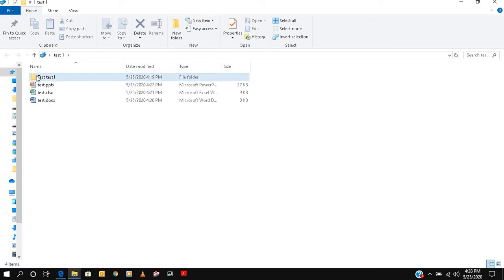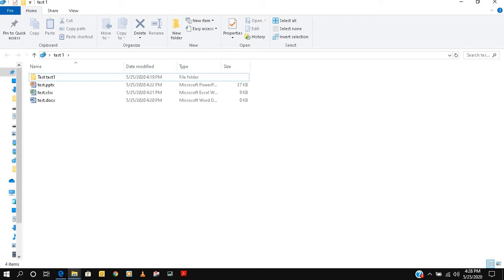And one more thing: on your keyboard there is a function key, just press F2. You can change the name of any file or folder, whatever you want. So I think we have covered how to delete a folder and file.